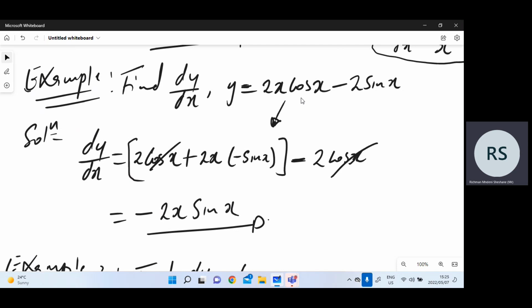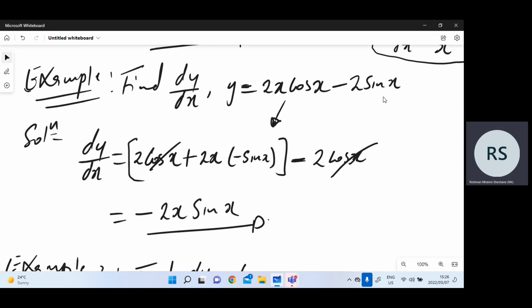So for the derivative of the first term, I'm applying the product rule. Derivative of the first, derivative of 2x is 2, while I leave cos x, the second function, plus, and leave the first function, which is 2x, and derive the second function, derivative of cos is minus sine x. So you see, the derivative of the first term is all this I put in a square bracket, it's the product rule, okay? And then minus the derivative of this, I return 2, and the derivative of sine x, I don't